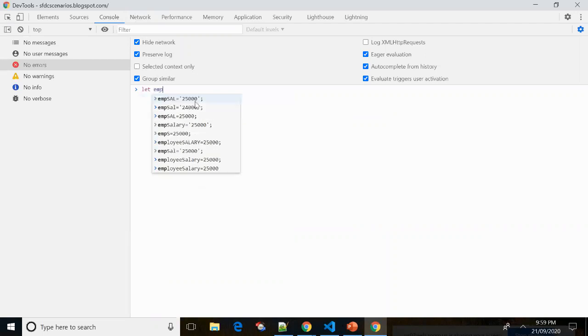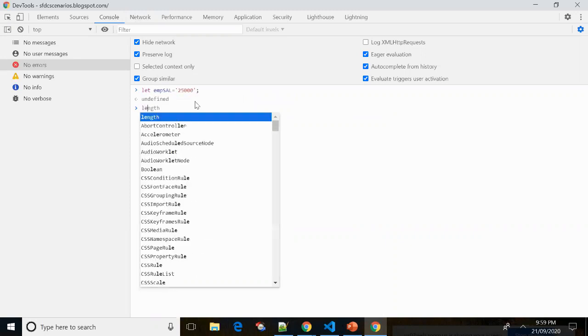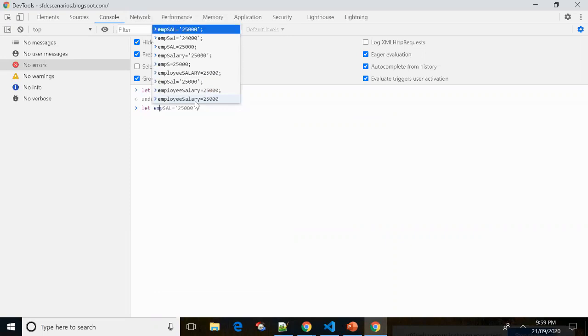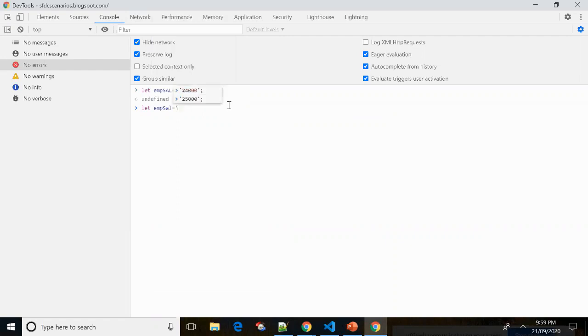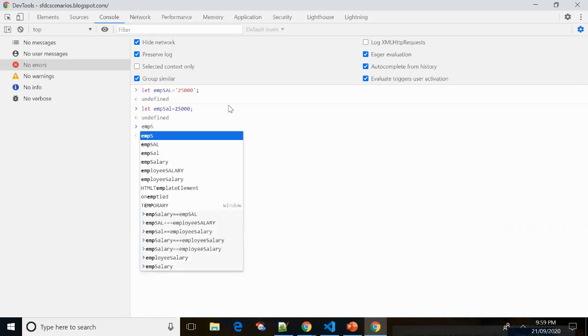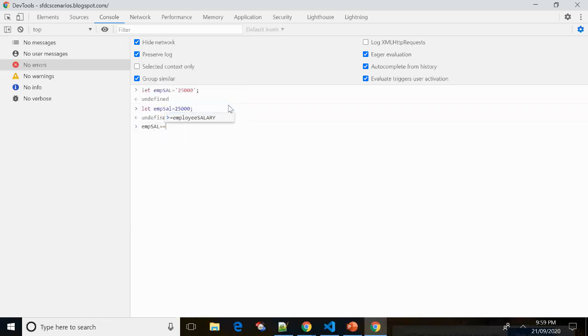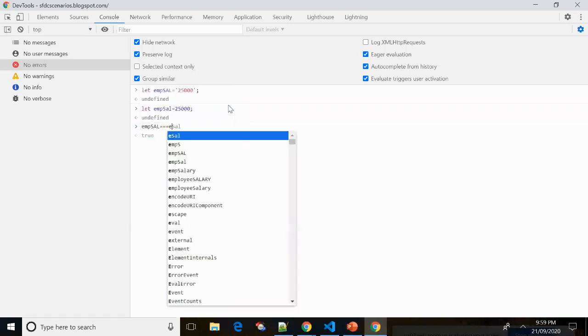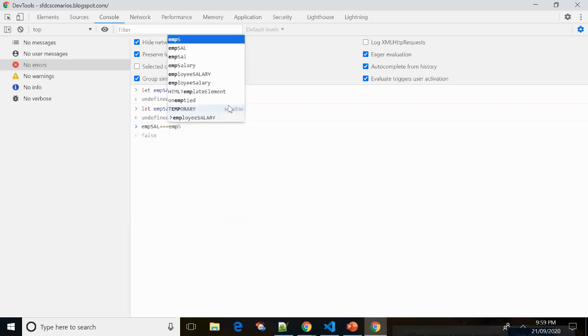I'm creating two variables, emp sal of string data type, and one more variable, emp sal, of integer data type, 25,000. Now I'll do the comparison, emp sal triple equal emp sal. It is returning false.